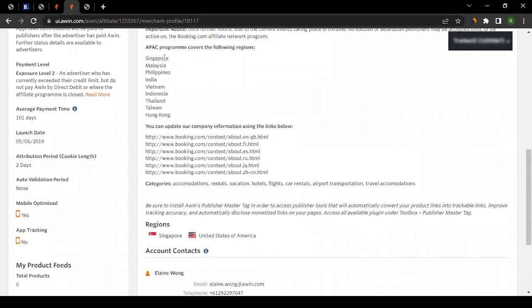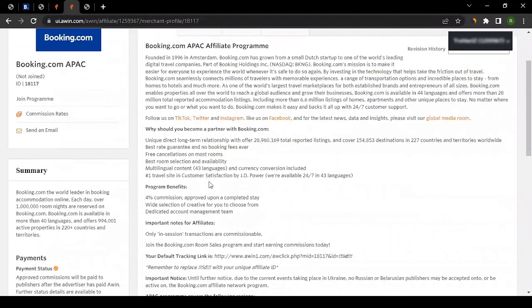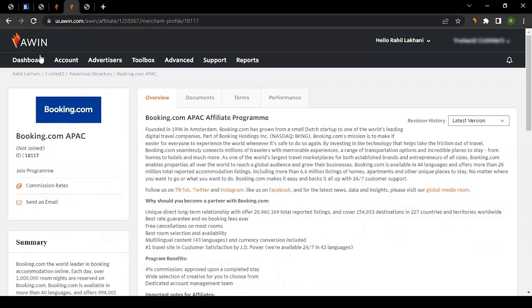And the reason I selected booking.com APAC is because it covers all the regions where I'm part of, India. I may get traffic from other countries as well, but since I belong to India, that's why I selected the APAC one. Once you have read it all and you're satisfied, you can go back to the same section